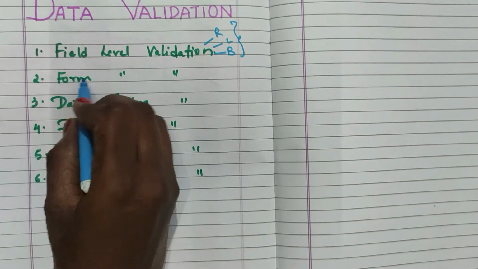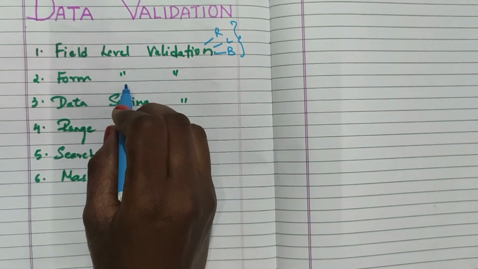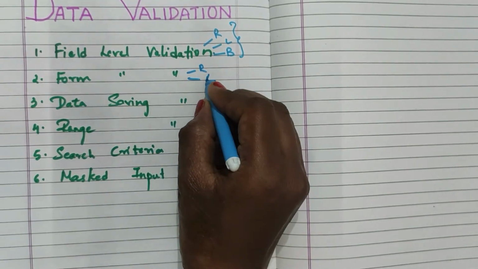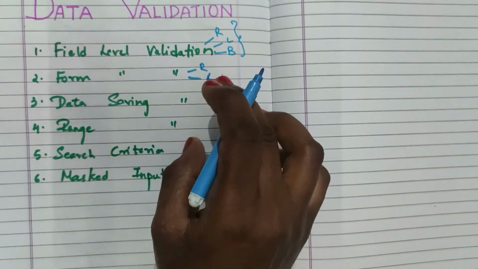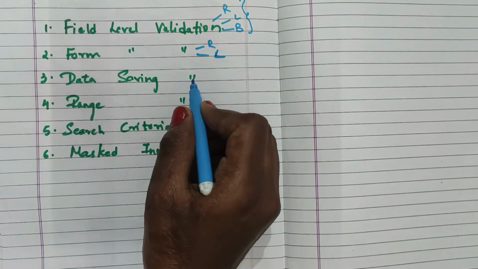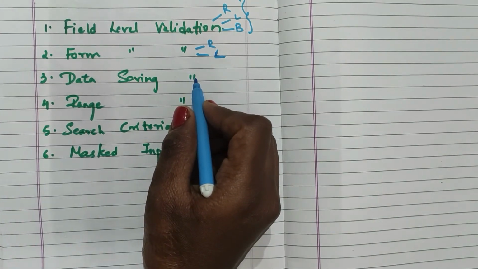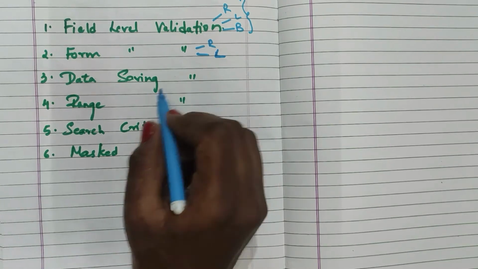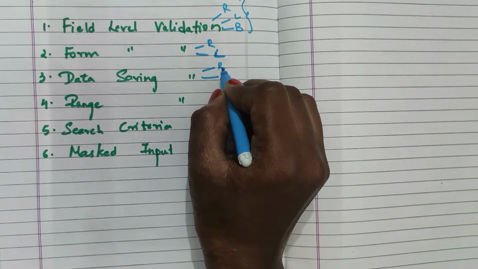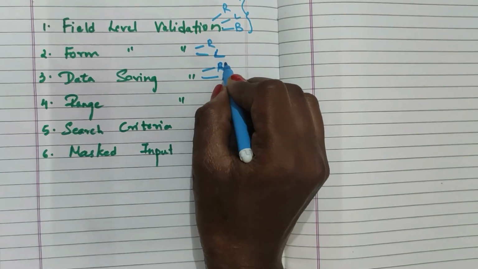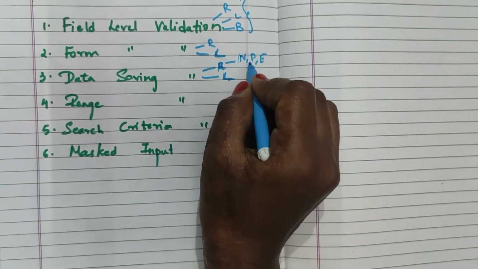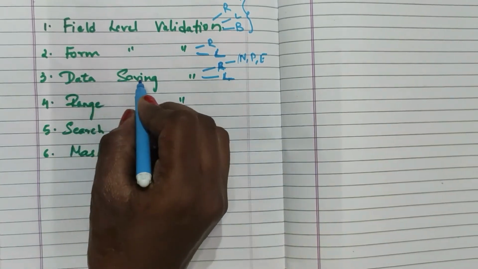Now let's move on to form level validation. In form level it will check all the fields to be filled, like register, login. We will discuss later with the help of our form designs. Now what is data saving validation? Data must be rightly saved in all the forms which require data saving. For example, login fetches the details from the register. In register you have fields like name, password, email. All these values should be saved in a database. So that is data saving validation.